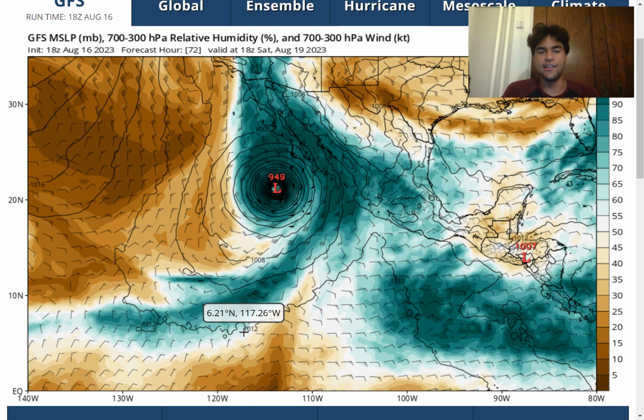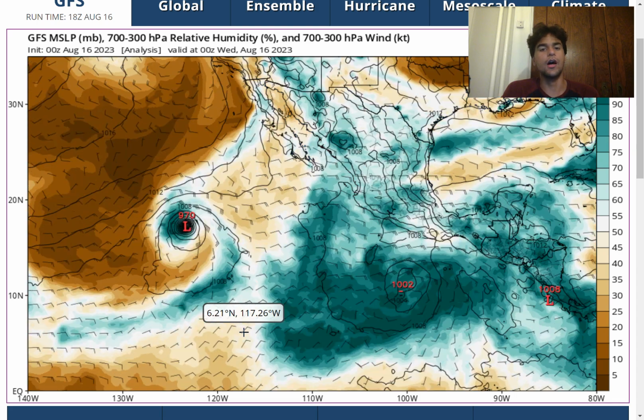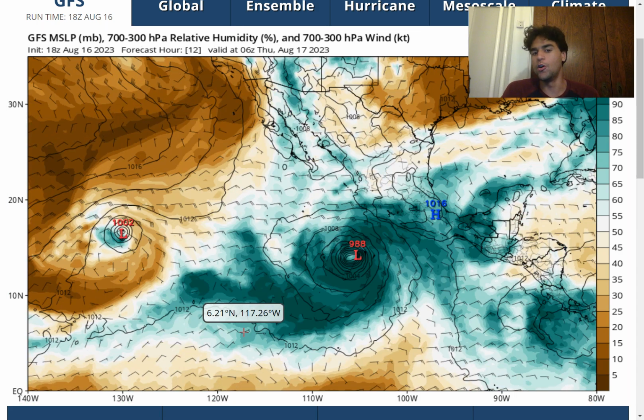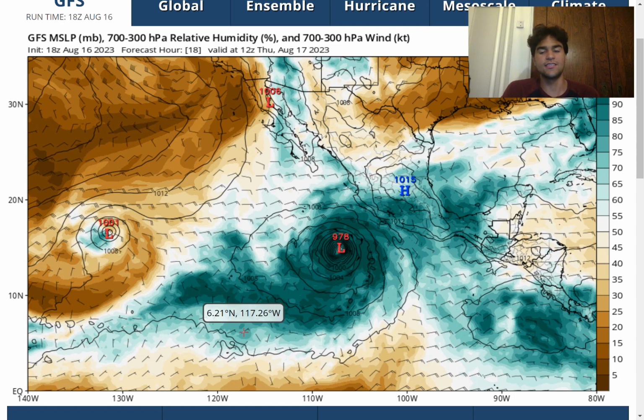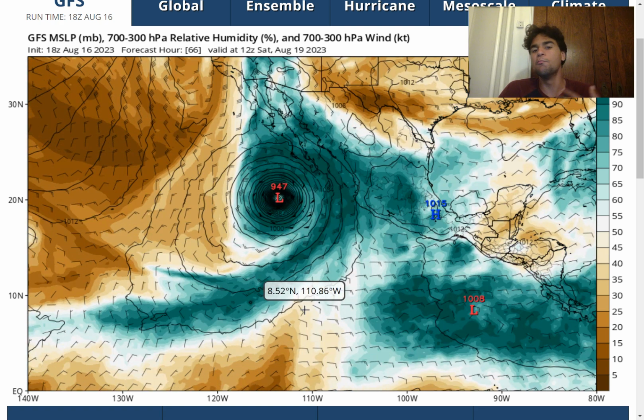Here's a look at the latest run of the GFS model, and it's very concerning for Baja California as well as Southern California in the slightly more long-term future. We do see that the GFS model wants to rapidly intensify this storm even more compared to yesterday, where we see the millibar pressure drop down to 947 millibars. This would easily be a Category 4 storm, just a monster of a storm, and that's very concerning because even